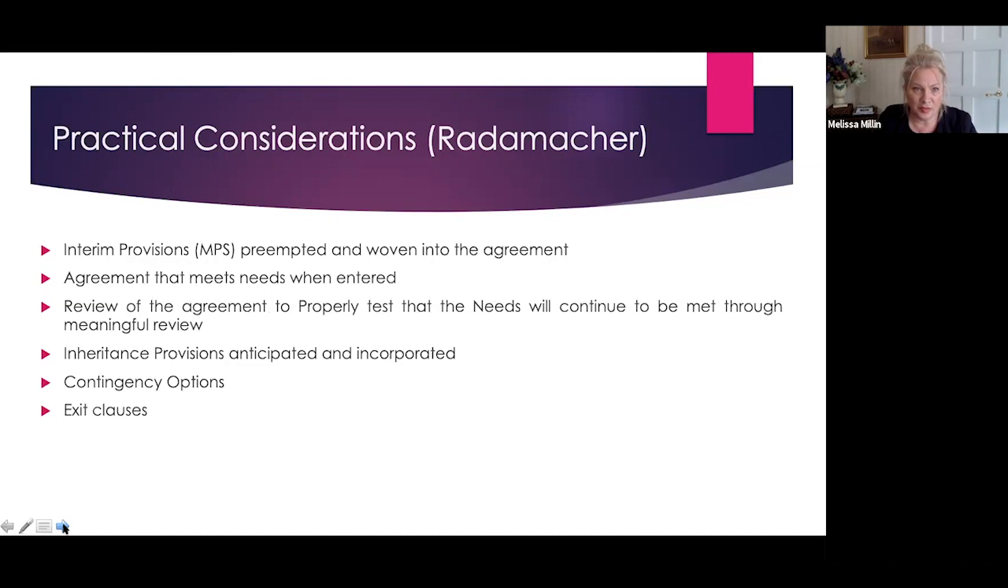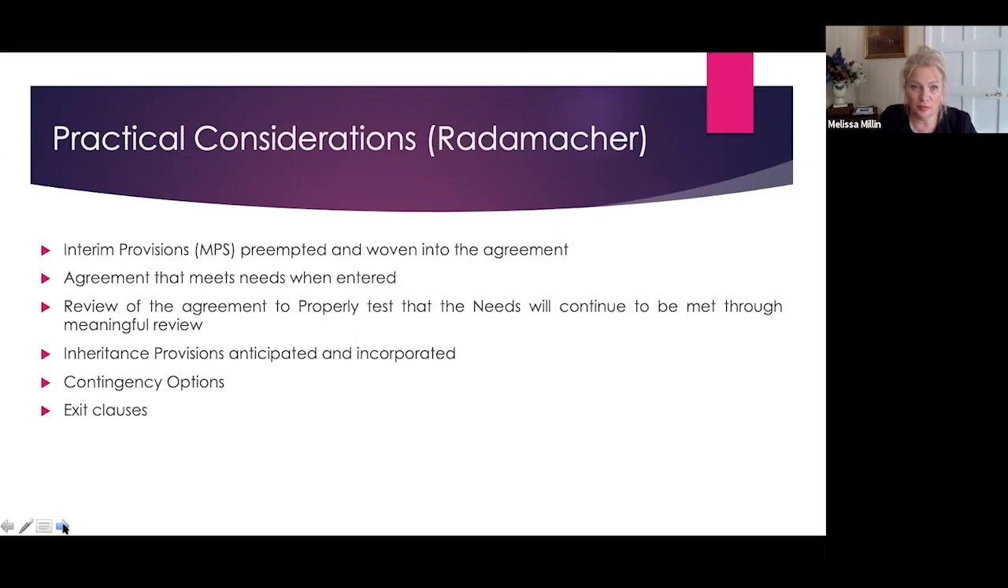One of the most useful provisions is to consider what is going to be happening in the interim of any proceedings, and weave into the contract something, for example, looking at maintenance pending suit, preempting what could be disagreement between the parties. This allows the parties time to validate the contract and find that it meets their needs. There needs to be a good understanding that the agreement does meet the needs of the parties when they enter into it, and that the agreement will need review over a substantial period of time through rigorous testing and